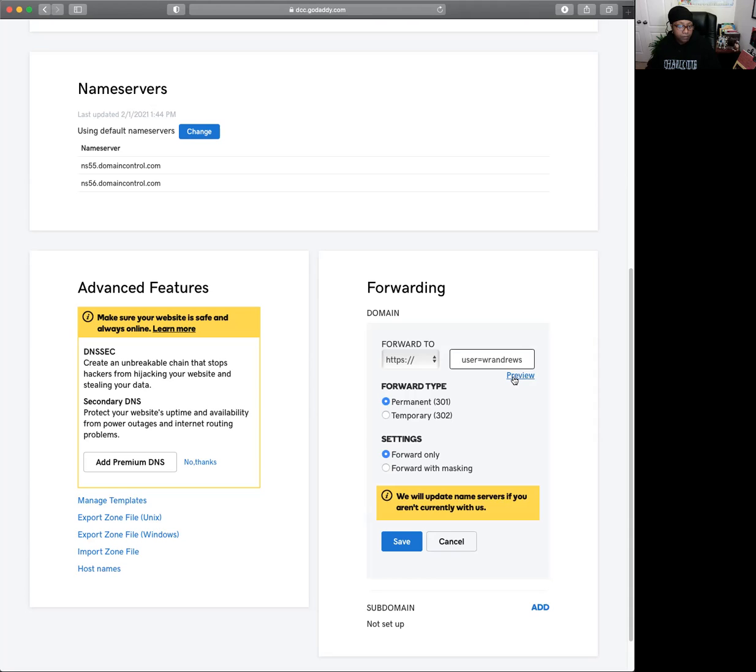So preview. Guess it won't let me preview. So you want your forward type permanent. You want the settings forward only. And they say you can preview it, but each time I've tried to do preview, it never worked for me. So again, it's not working. So you just want to make sure that you have the HTTPS